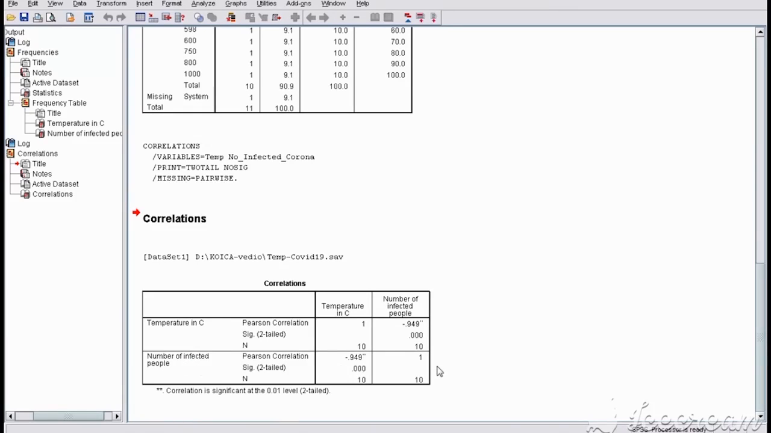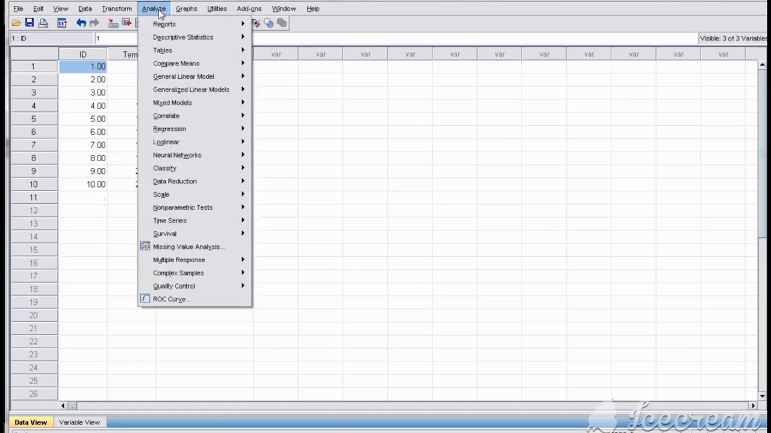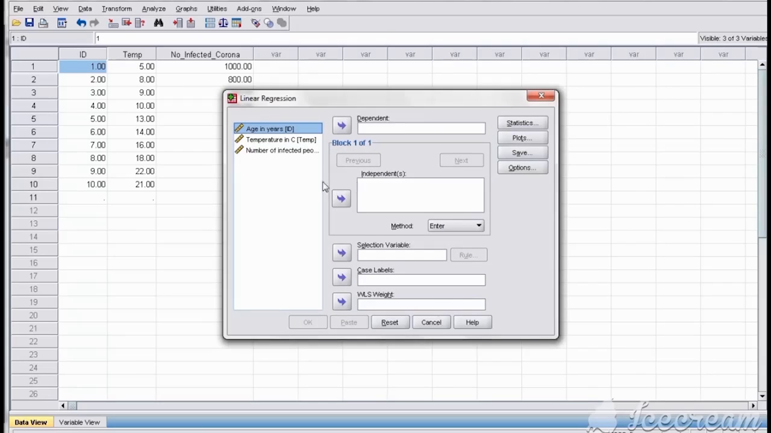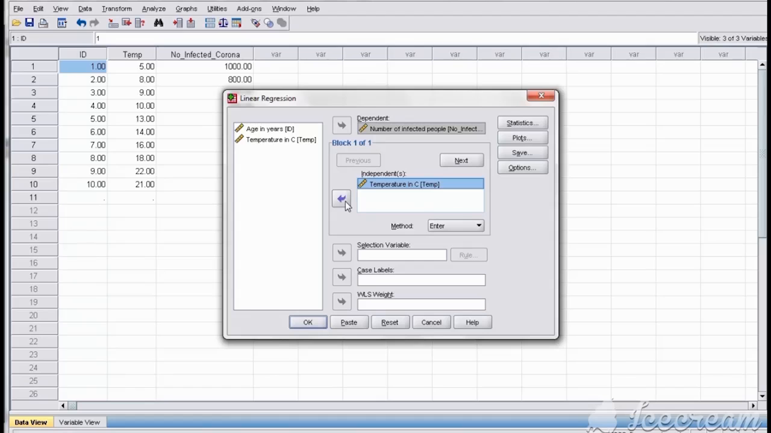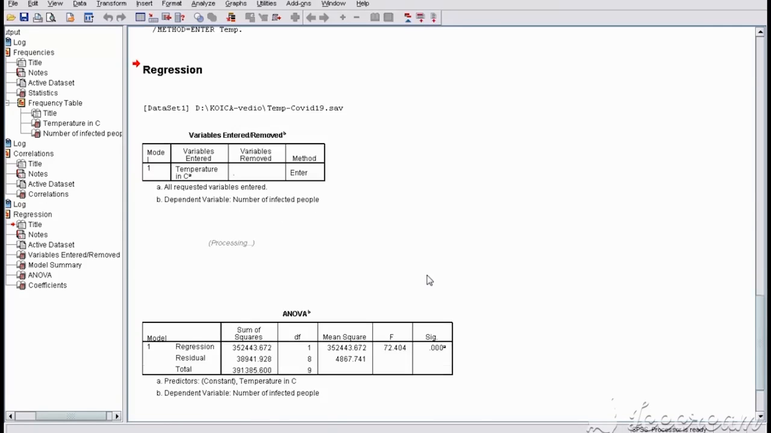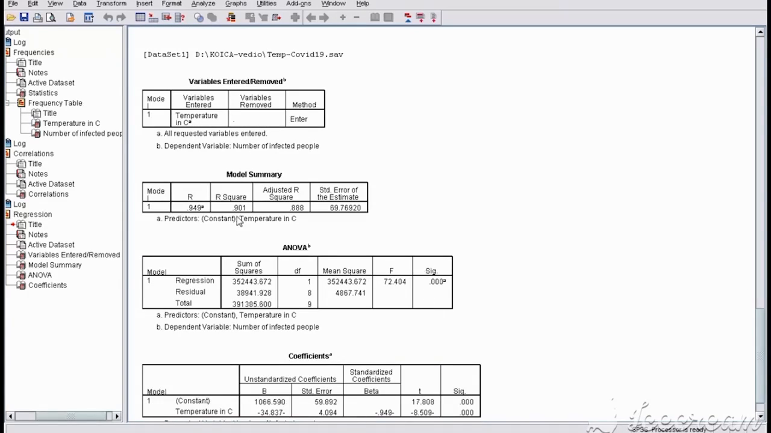And we can run a regression test from the Analyze drop-down list, then Regression, then Linear, and choose number of infected people as the dependent variable, and the independent would be temperature in Celsius. And after that we can choose OK, and we'll find the results here, R squared. It means whenever the temperature increases, the number of COVID-19 infected people will be